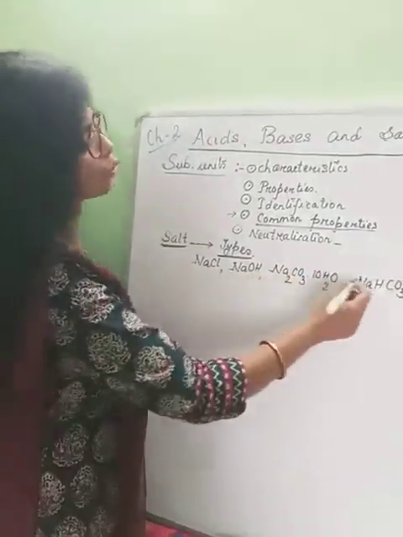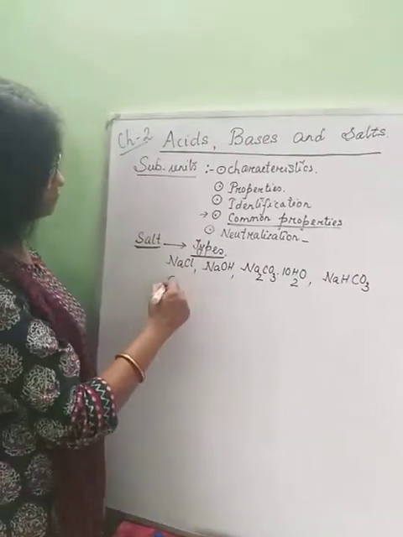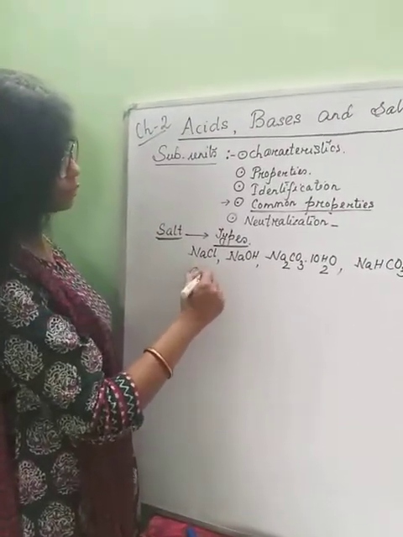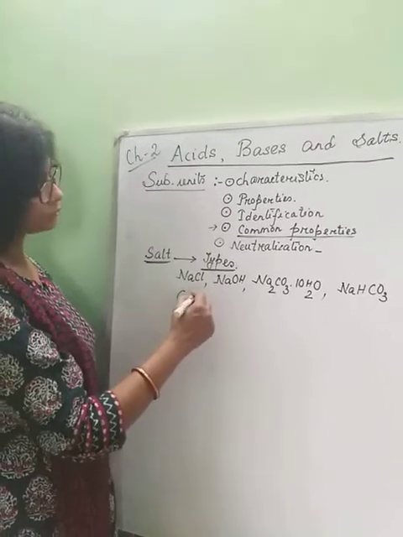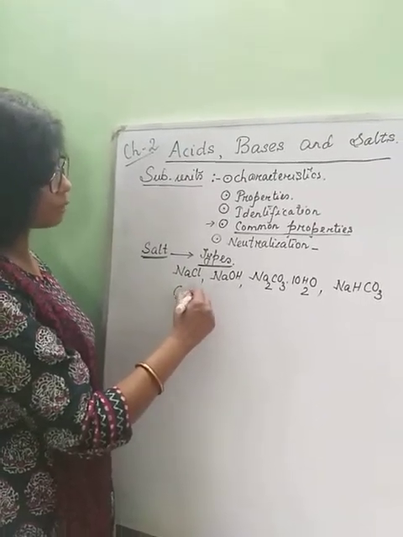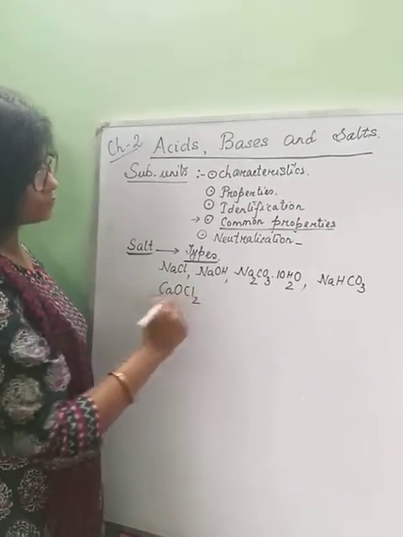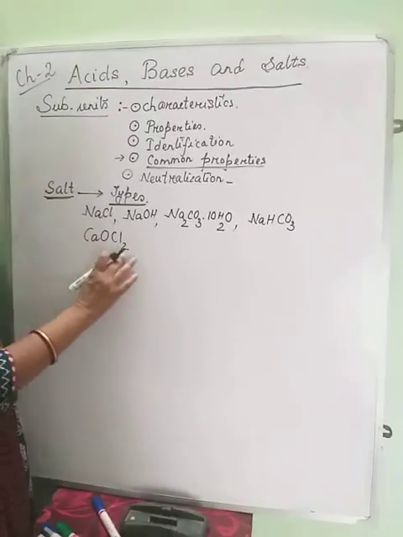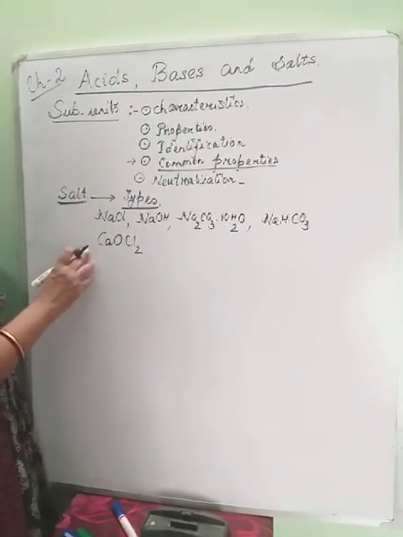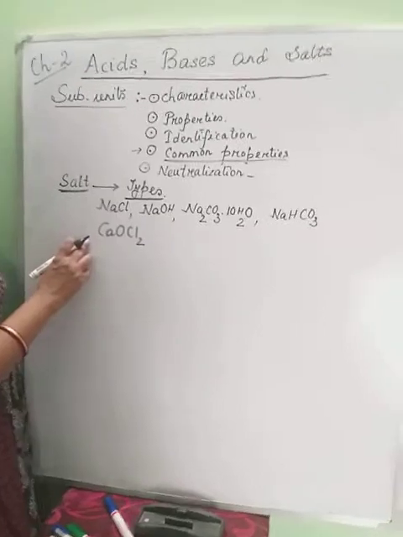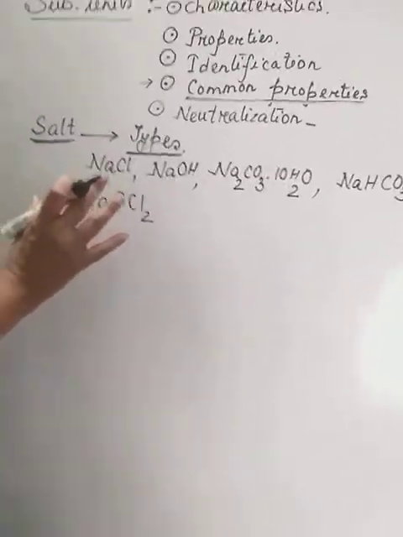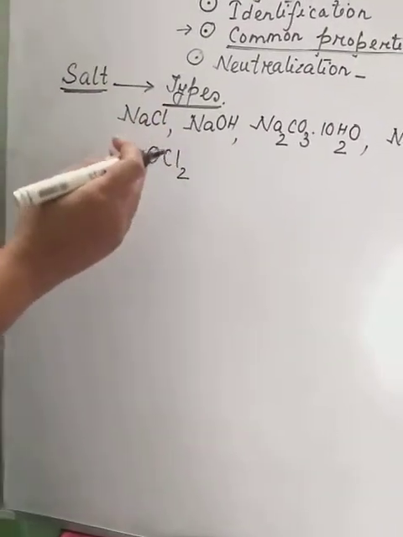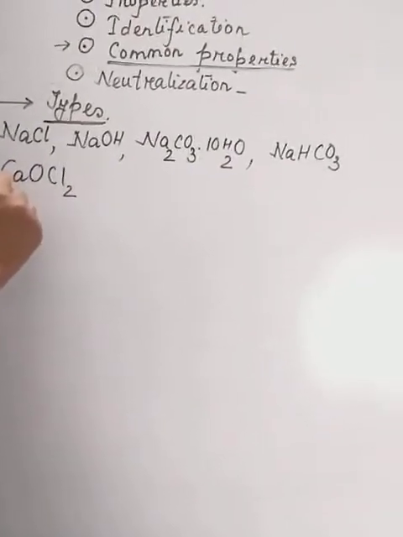These all are the sodium compounds, and we will see the calcium compound as our bleaching powder. Though this is just the chief component of bleaching powder. Bleaching powder is basically a mixture of some other compounds also. This is the chief constituent of